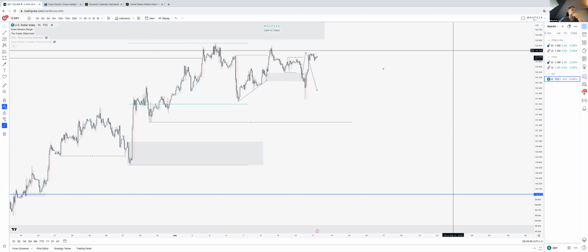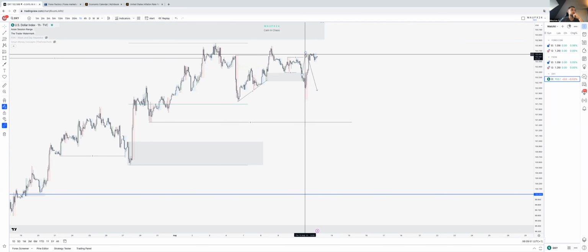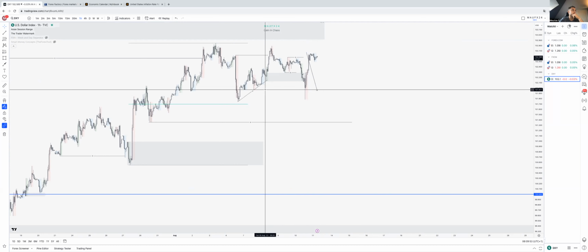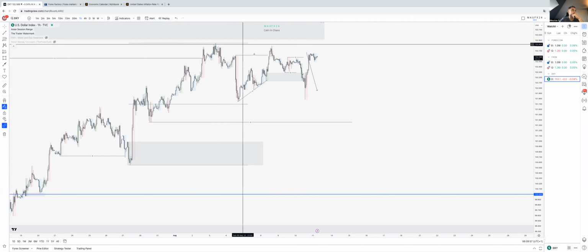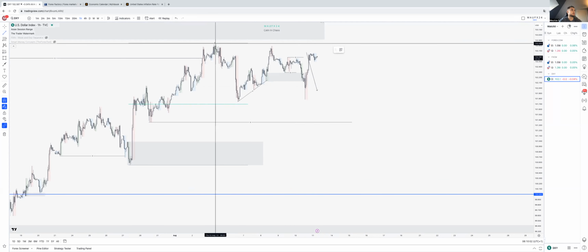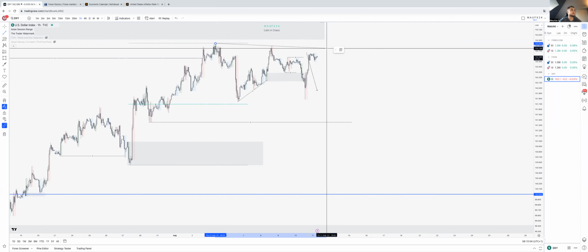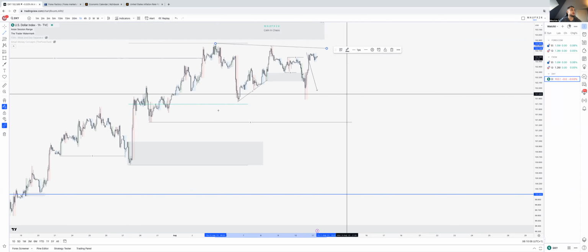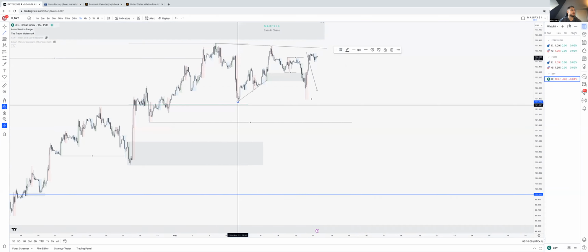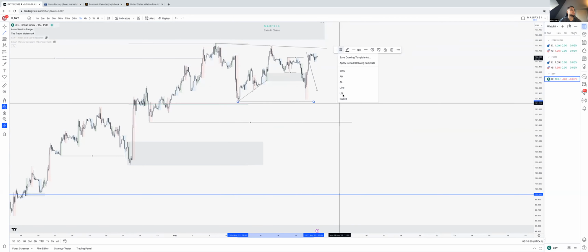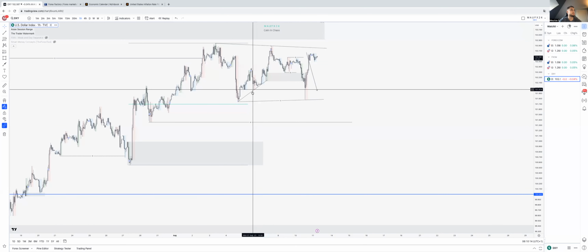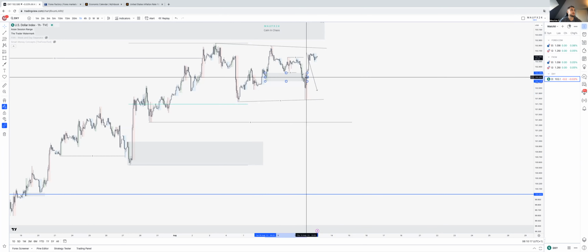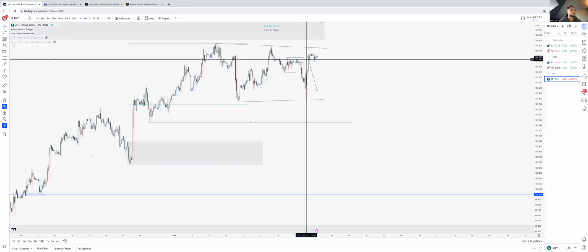Wow. Nice. This is playing out quite nice so far. Taking out those lows, respecting that low actually, building up that liquidity to the upside. So I'm just gonna mark that out from this perspective. We got liquidity here. And we got liquidity here. And all we gotta do is wait.